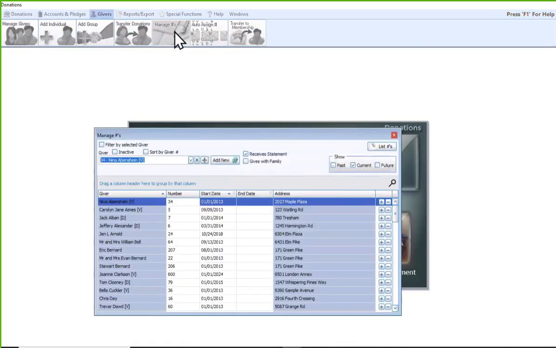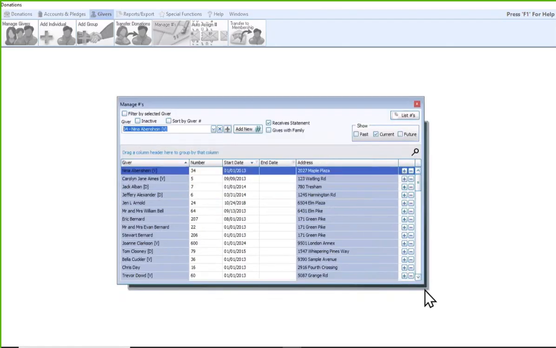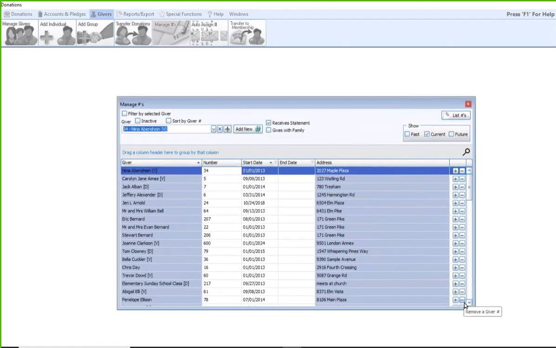Manage Numbers is a really good screen that allows you to see people's giver numbers, when they take effect, and the dates they've incurred for that giver number specifically. So looking here, we can see everyone who currently has a giver number, and when their number started in effect for them. If you find you want to end numbers for certain people,